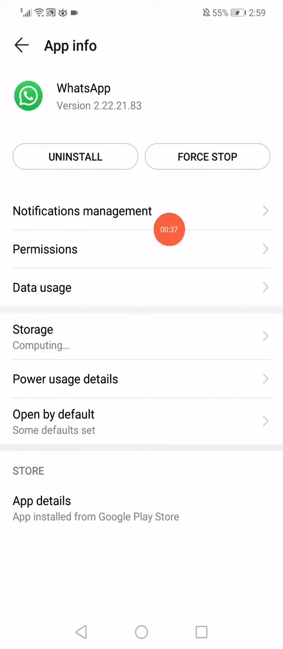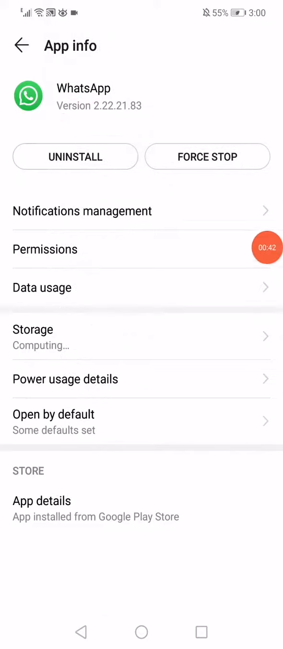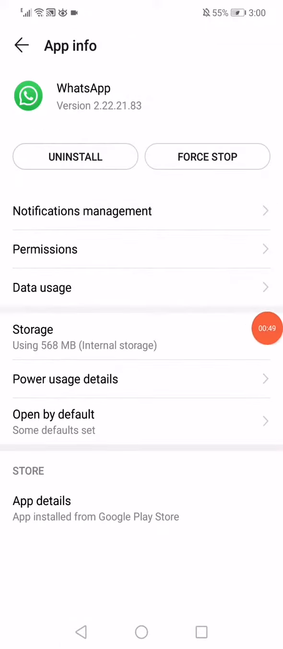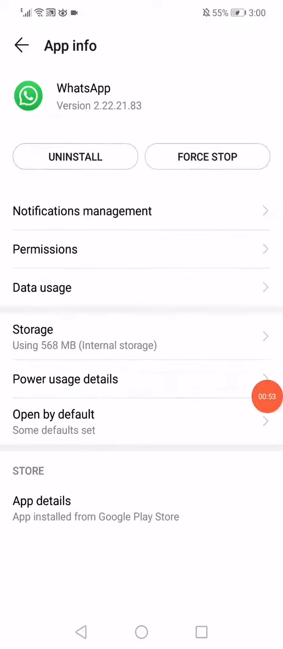Now click on the permissions, make sure that all the permissions are enabled. Go back, click on the data usage, disable all the permissions and enable them again. Go back, click on the storage, click on this clear cache to clear all the cache in the app, and